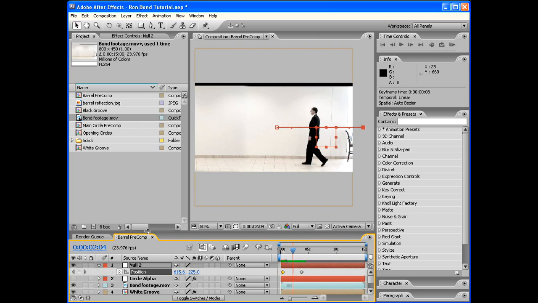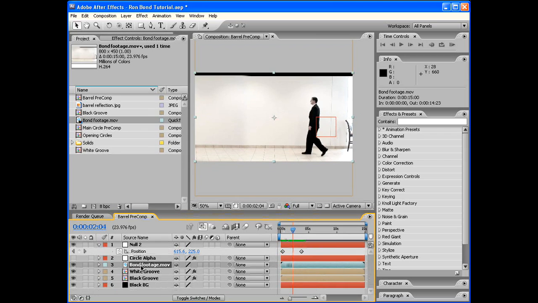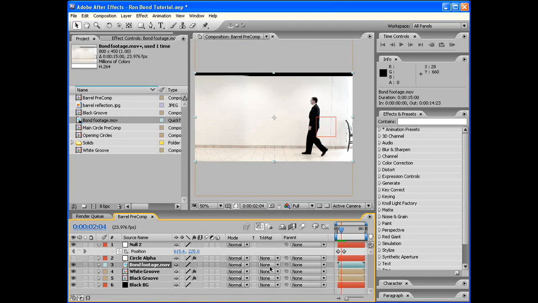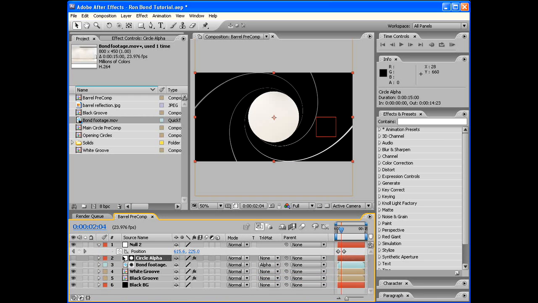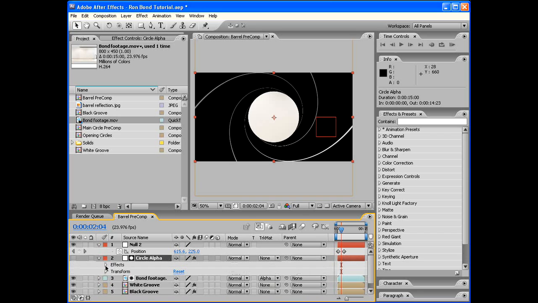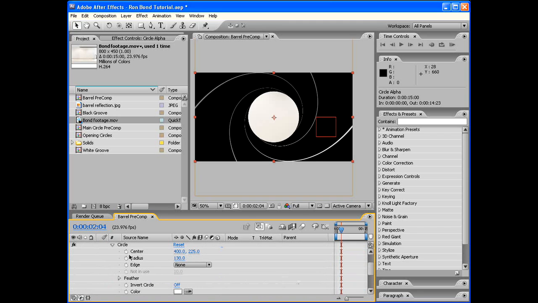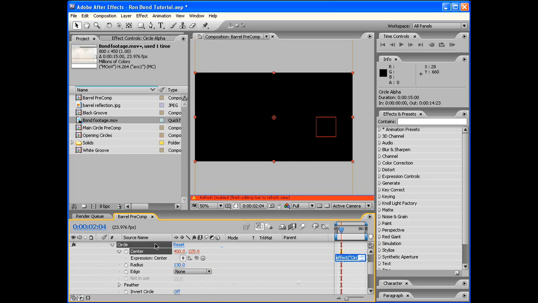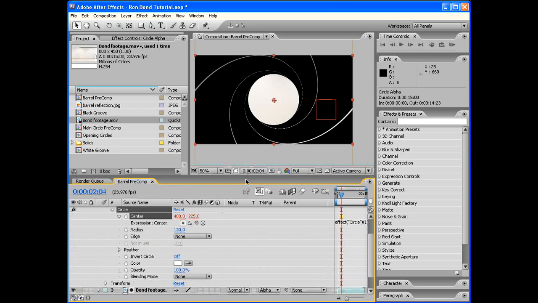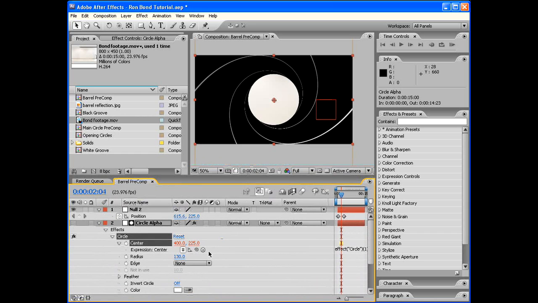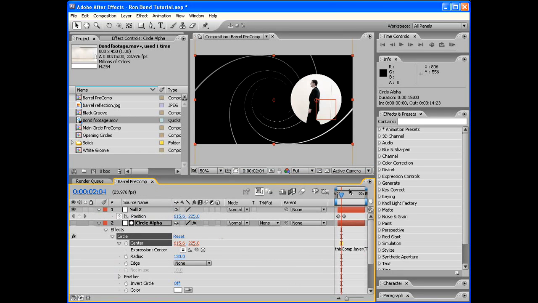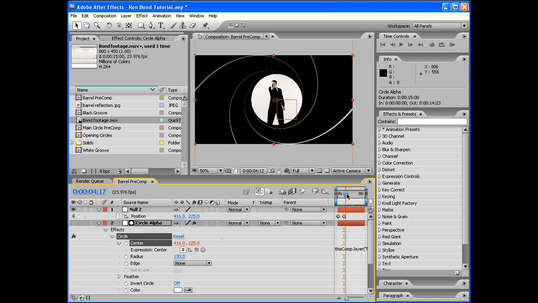Okay, so now we can go ahead and redo our track matte with our circle alpha. And we're going to come down just like we did before in the effect here, and the center we're going to alt click, create an expression, and we're going to pick whip this to the null. There we go. So now this comes over, but the problem is we don't have any of the grooves coming